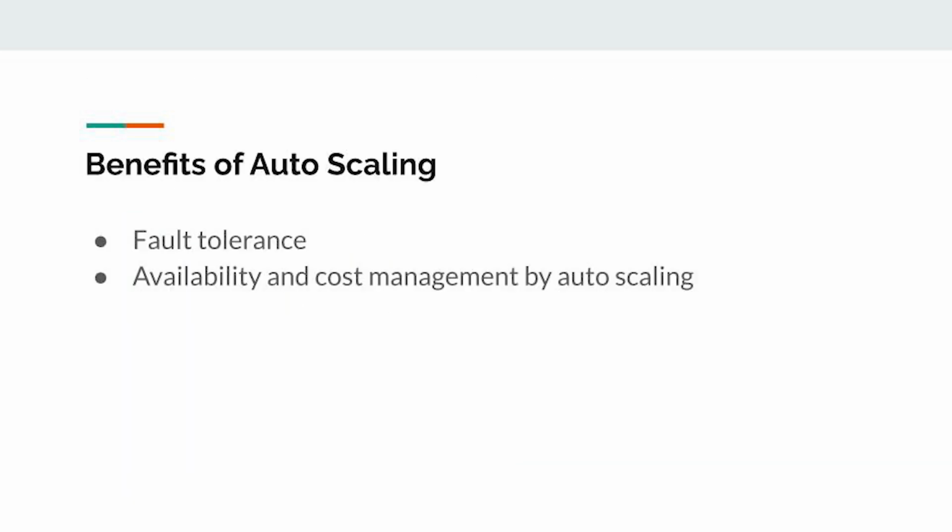Now let's talk about the benefits of auto-scaling in detail. Fault tolerance, high availability, and cost management are the benefits of auto-scaling. Auto-scaling groups can perform periodic health checks and replace any unhealthy instances with healthy instances. These health checks provide fault tolerance to the system.